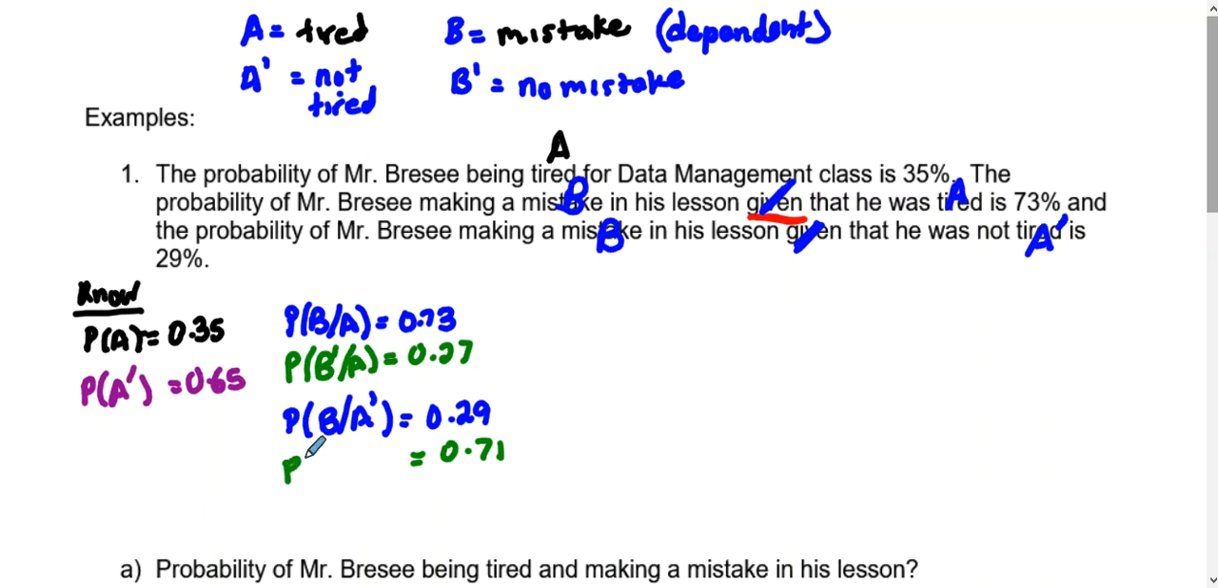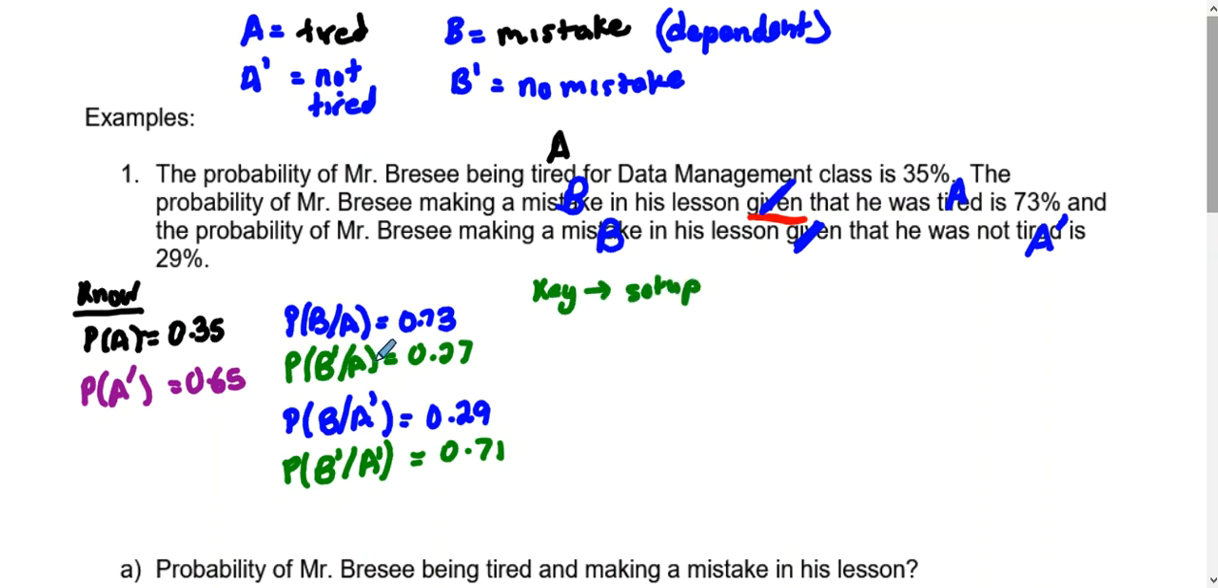Likewise, the complement is me not being tired, given, or not making a mistake, given I'm not tired, is 71%. So there's actually 6 different probabilities that we can take from that question moving forward. All right, this is the key information. So for the setup for this question,